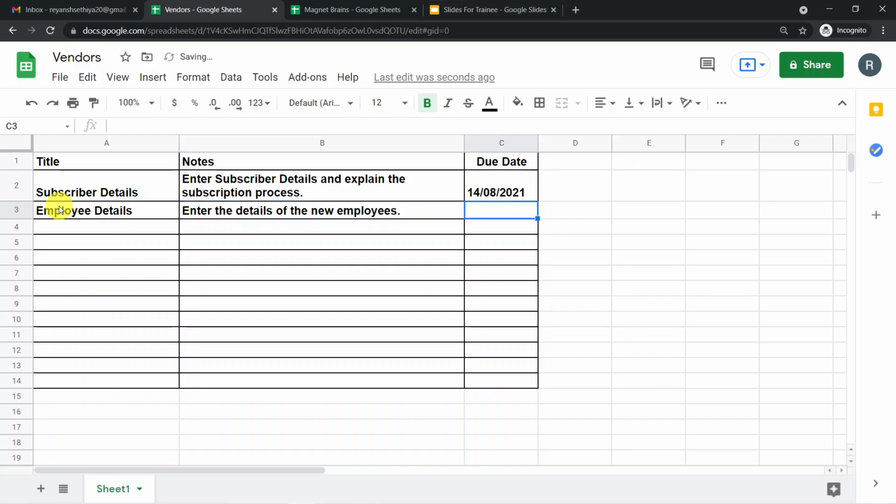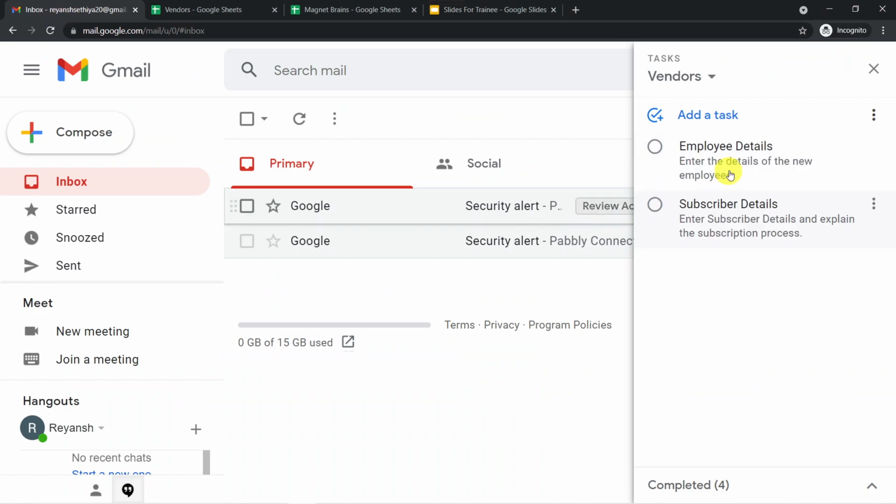Okay, then say due date as 16th of August 2021. So I have filled in some details. Let us check whether Google Task has received this information or not. So now here you can see this is my Google Task and the employee details which we have filled in our Google Sheet have been captured over here.